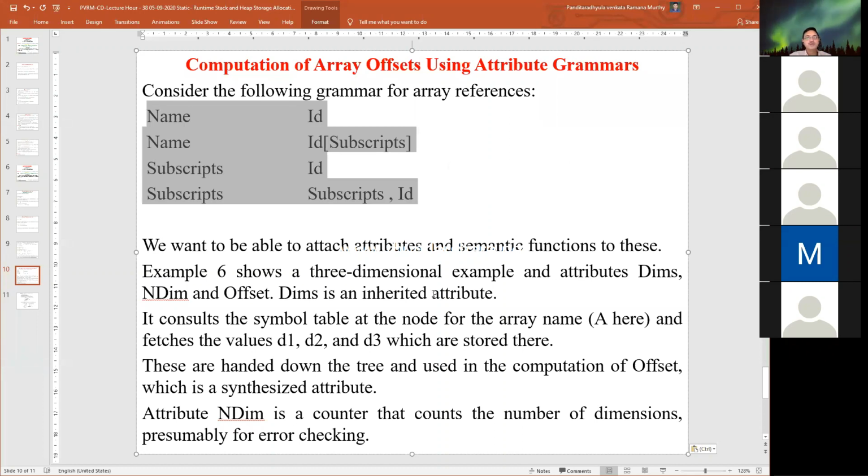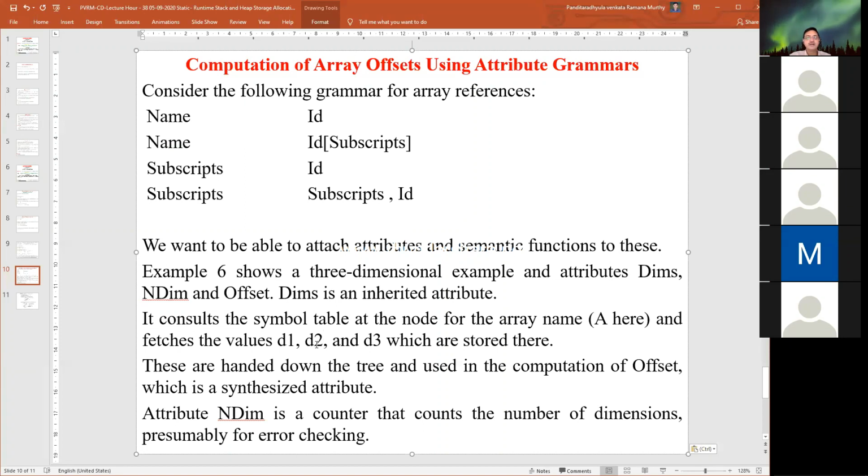We want to attach attributes and semantic functions to these productions. We can add attributes for each and every symbol, and we can add semantic functions to them. This particular figure shows a three-dimensional approach, where dimensions and dimensional offset are added as semantics.